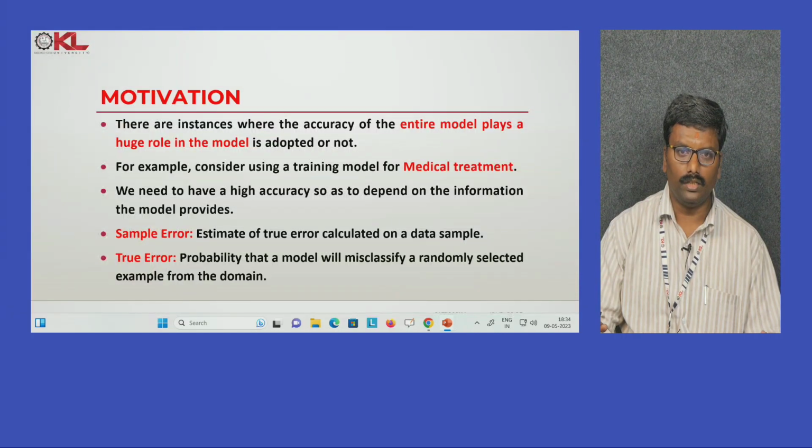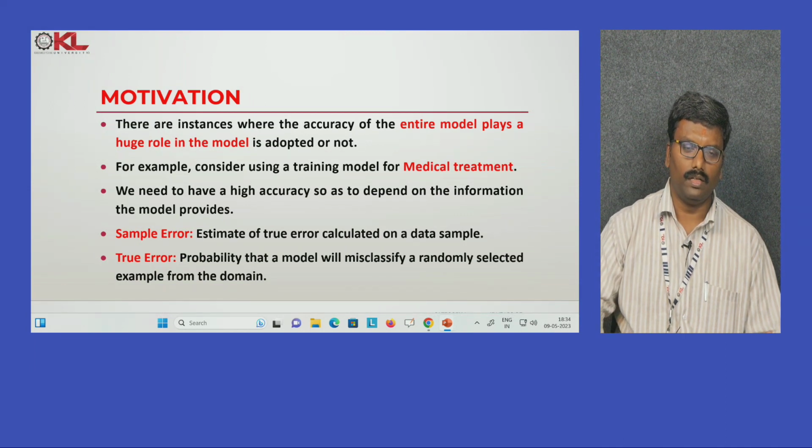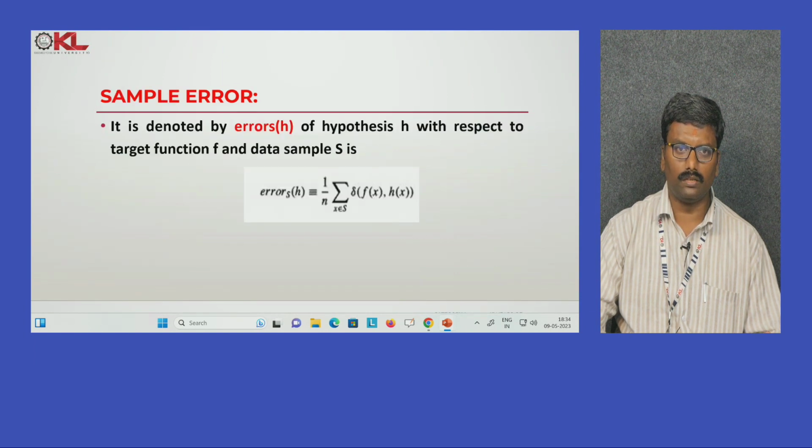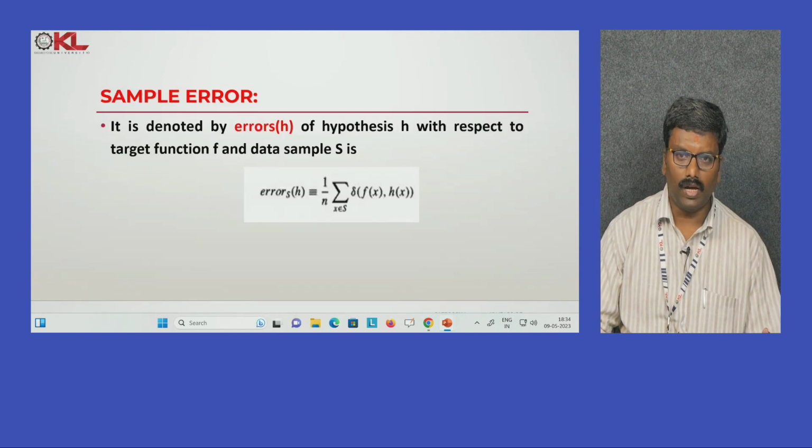Probability of the distribution: that model will misclassify a randomly selected example from the population. In this estimation of the hypothesis, we are using two different types of error. One is the sample error and the other is the true error. Now, the more mathematical